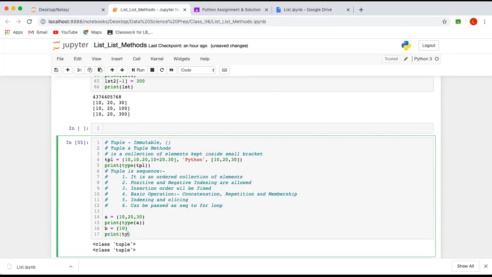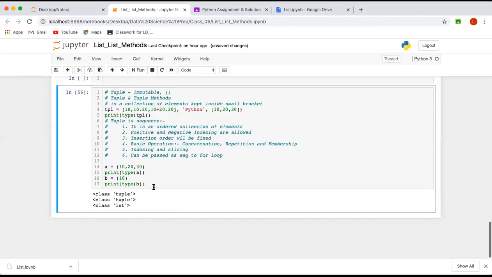What will be the type of b, everyone? It will be an integer.